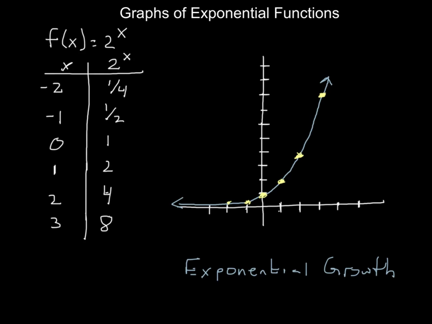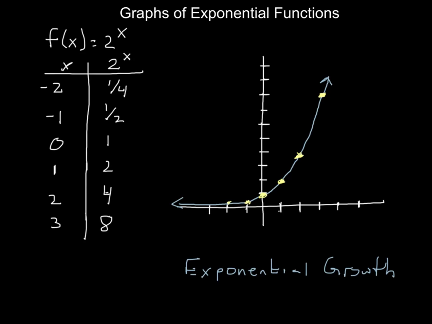But let's talk about what's happening as we go off towards negative infinity here. As we go off to the left, I know I'm taking a positive number and raising it to a power. Because I'm taking a positive number, raising it to a power, I know a couple different things. I know it's never going to be 0, because the only way I can ever get 0 when I multiply things is multiplying it by 0. And that just doesn't happen. And the other one is I know it's never going to be negative. There's no way I could take a negative number or a positive number and raise it to a power to